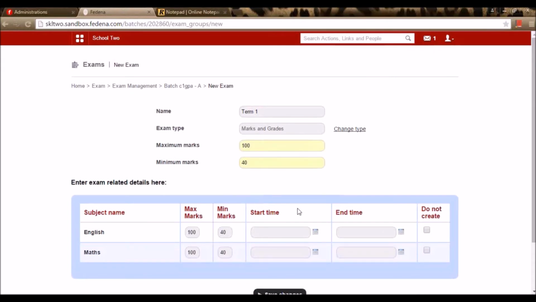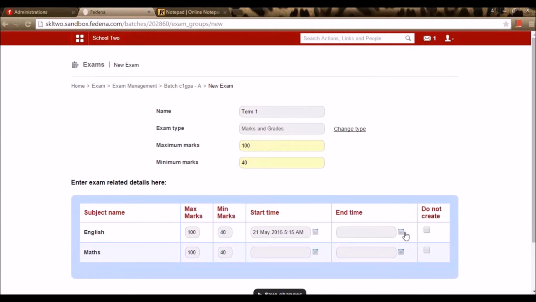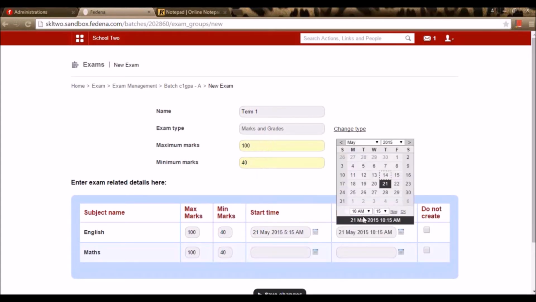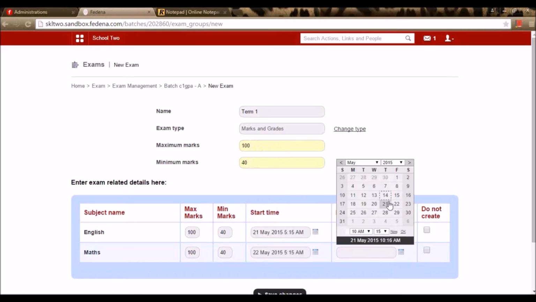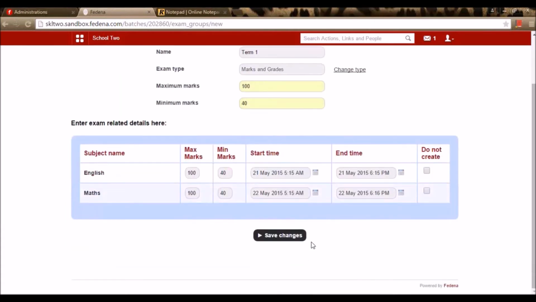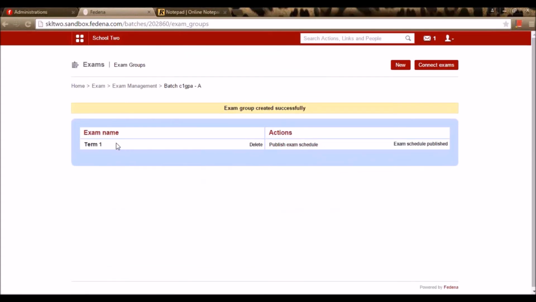Again, I need to create the timetable. Let me select a start and end date. Once the start and end date is selected, I can go for save and publish the exam schedule.